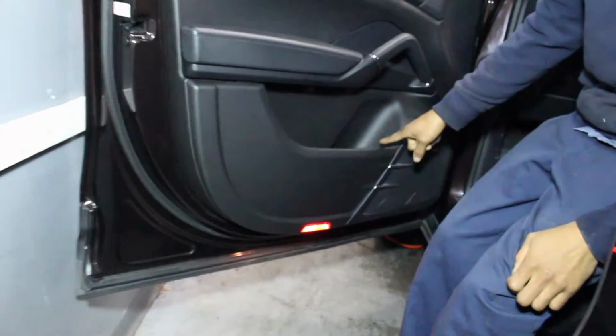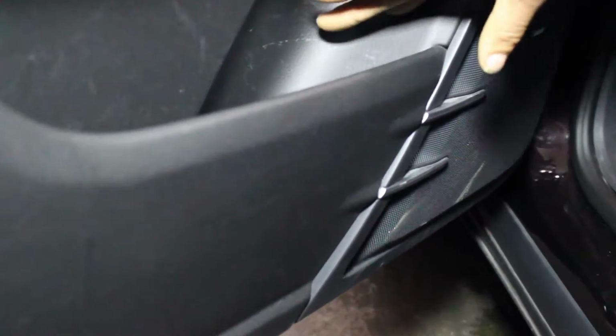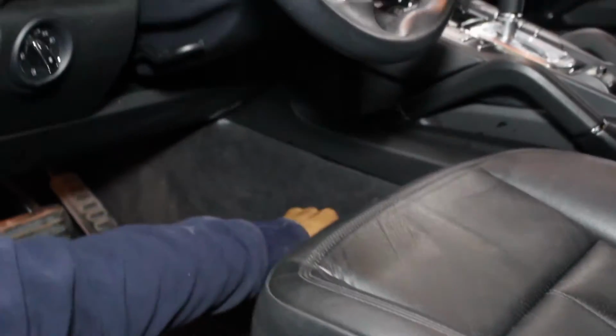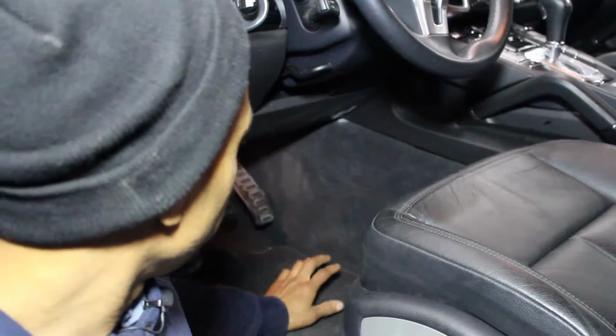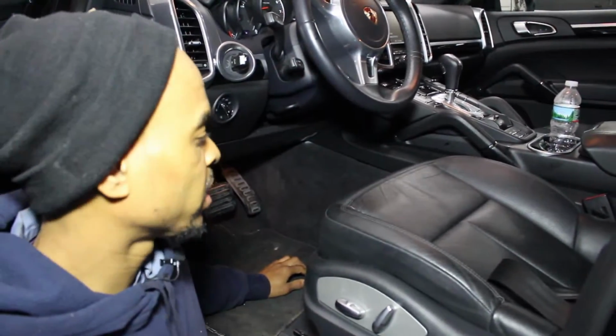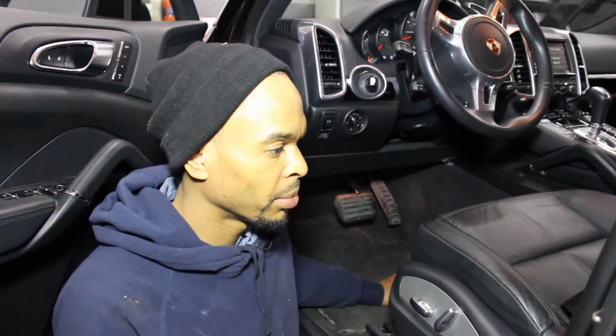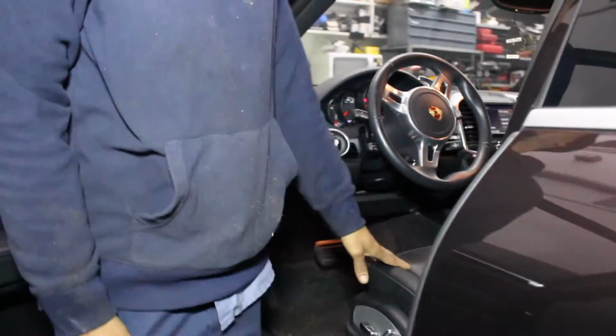Can you turn on the light? Now, if you look closely right here, you will see a water line. This is where the water was resting. So in the console, the water went up to about here. That is not so bad as far as repairing the vehicle. I didn't change any of the seats, but it did take some work to get the motors to function. I did take apart the seat motors, clean them out, and got those functioning. I took out the carpet, I cleaned out a lot of electrical connections,